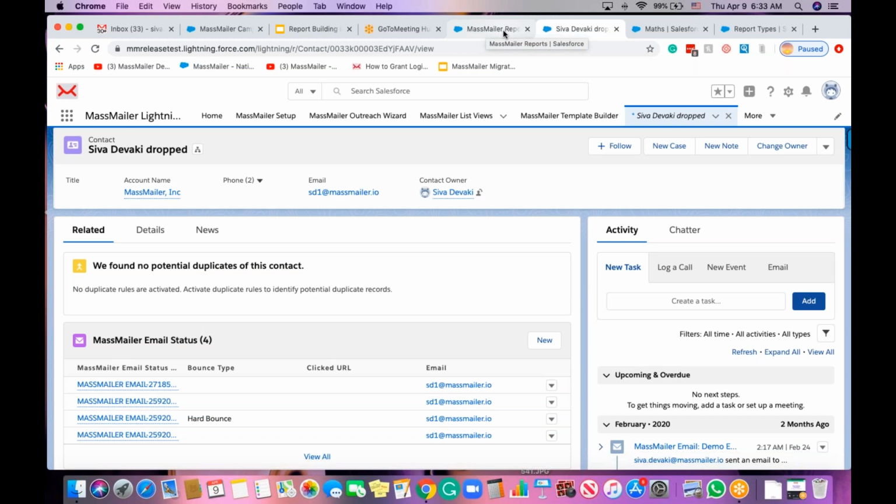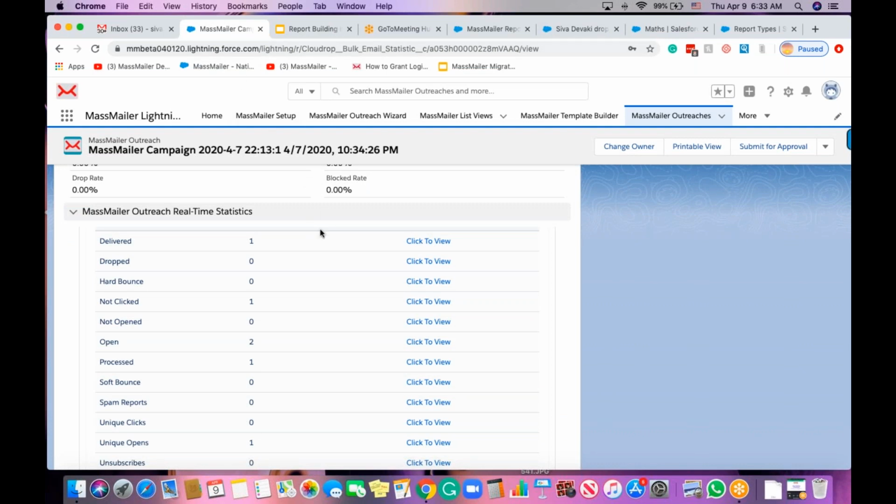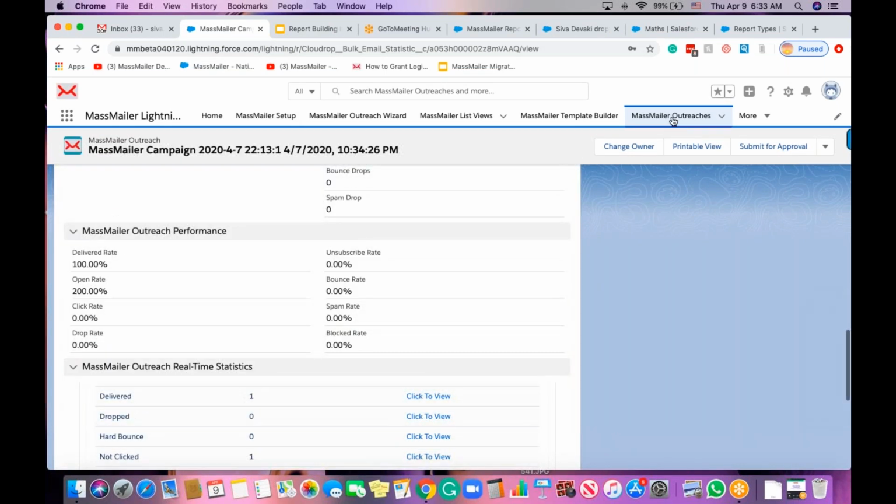So I think we covered the regular reports that we ship out of the box. We looked at how to edit them, and we looked at how to create reports and report types. There are 2 more things that I want to discuss here, and I'm going to club these two into one